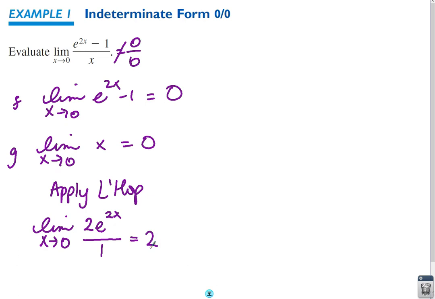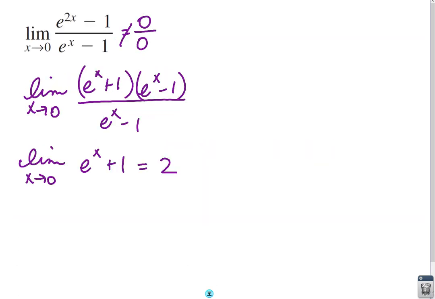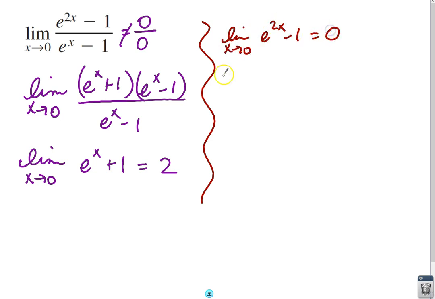Yes, no, maybe. Let me go back real quick for a second. So let's say we have this question. We were able to do this question using our algebraic methods, right? Let's say I didn't recognize that. Let's say I use L'Hopital's. The limit as x approaches 0 of e to the 2x minus 1 is 0. The limit as x approaches 0 of e to the x minus 1 is also 0. So I can apply